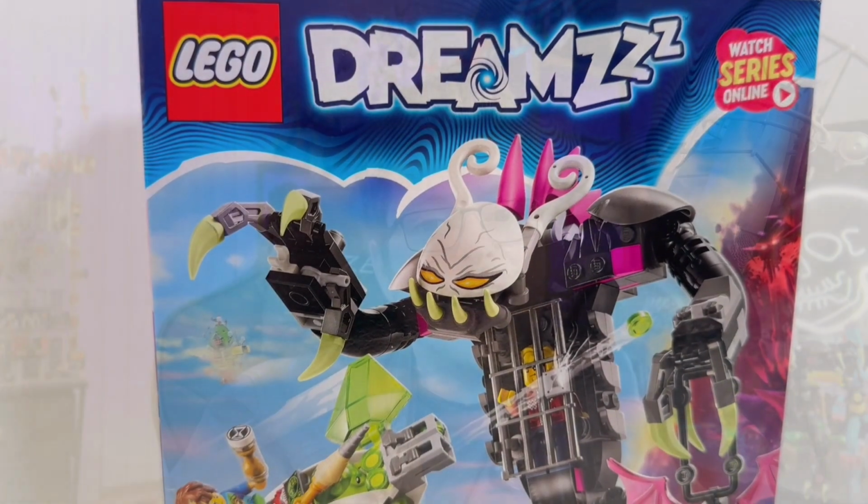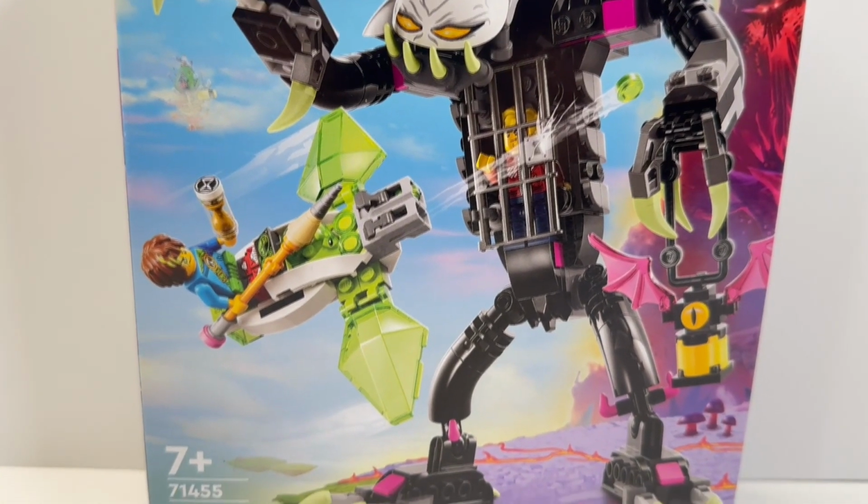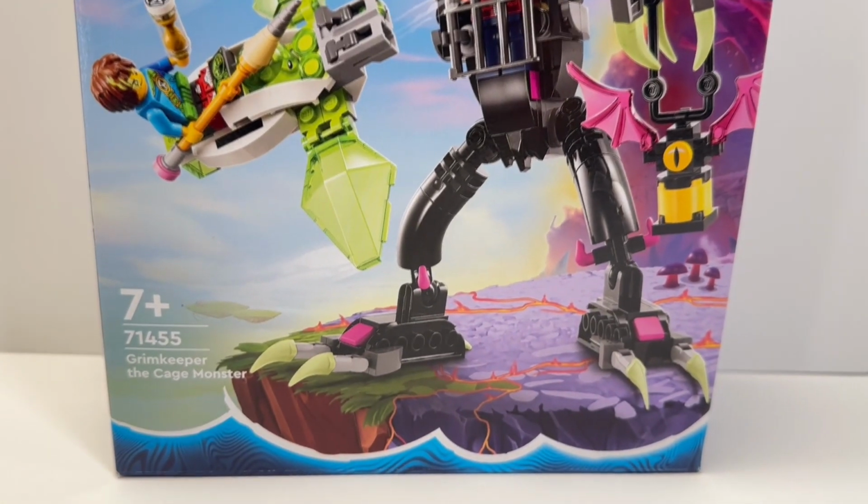I'm really excited to talk about this set. The buildable figures from Dreams have been the thing I've been most interested in since the theme got first announced. We took a look at Bunchu. Now we're here to take a look at Grimkeeper. This set has been somewhat polarizing for people, so I'm eager to take a look and see what I think